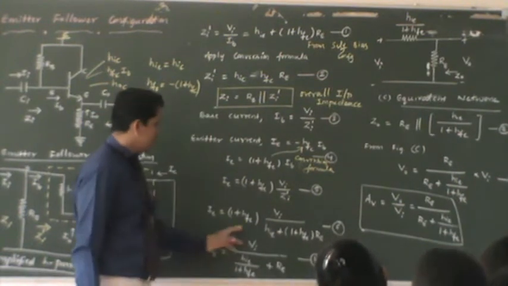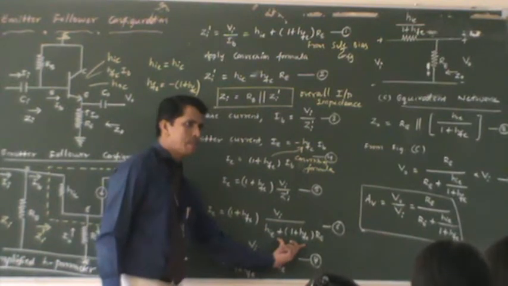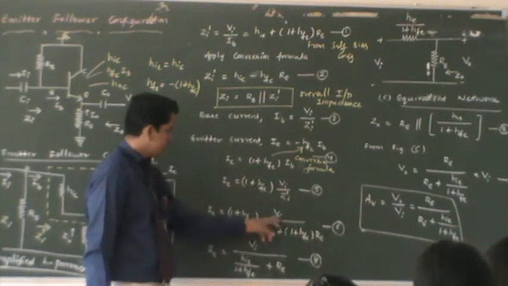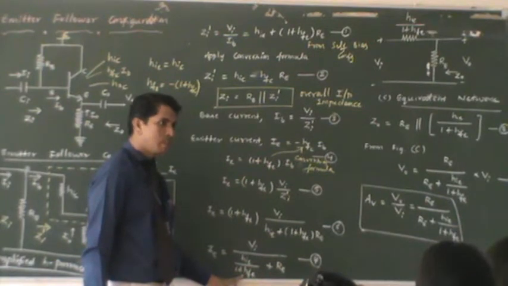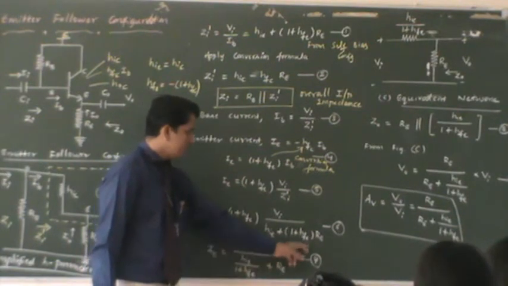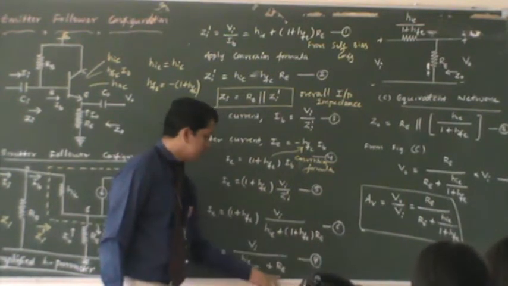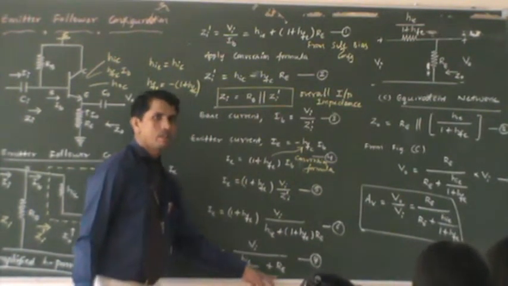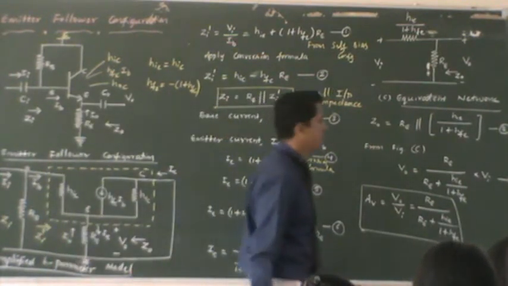And you can see here this can be further simplified. You can divide this, bring it to the denominator of this, so that this becomes VI kept as it is, HIE divided by 1 plus HFE which is the first term, but in the second term you can see 1 plus HFE cancels with this and what is left out is just RE. Okay. That's going to be the expression for the emitter current. We are calling this equation 7.